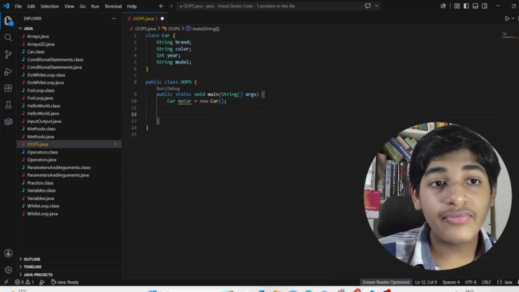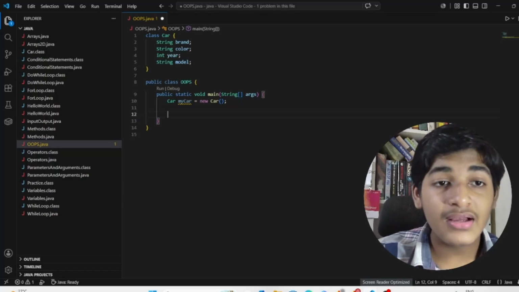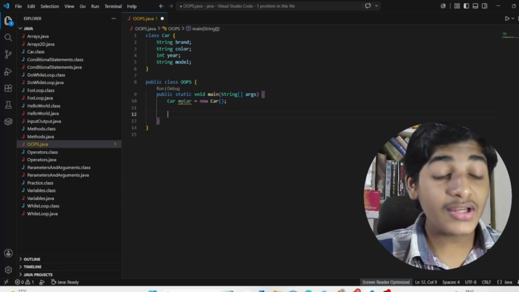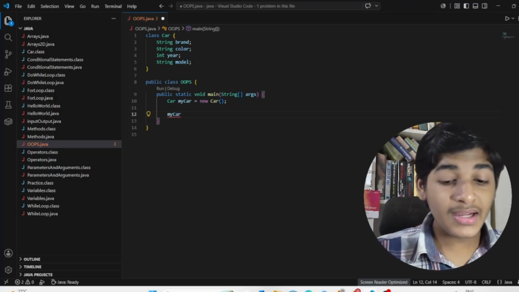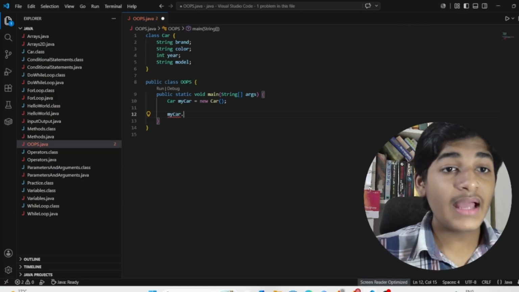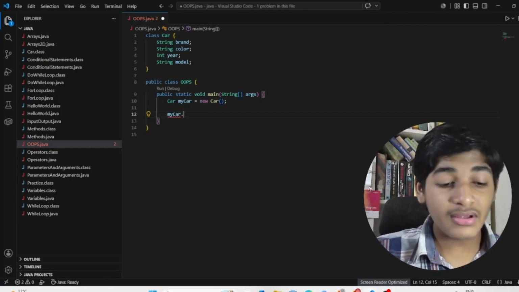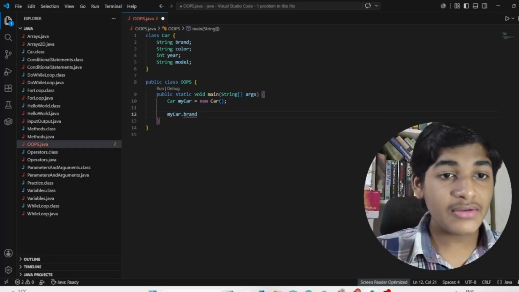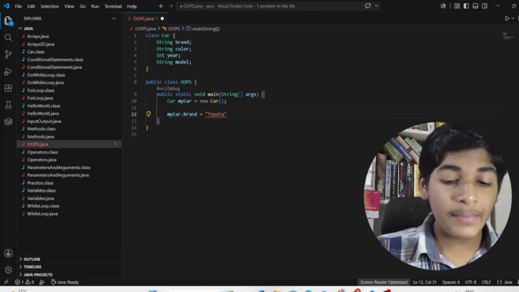Now I want to give values. I need to specify the brand name, color, year, and model. So for that, I need to write the name of my object, which is my car. So I'll write my car, then I'll put a dot, and then I want to first of all write the name of the brand. So I'll write brand, then I'll put an equal to sign, then I'll write the name of the brand. I'll write Toyota, then I'll put a semicolon,